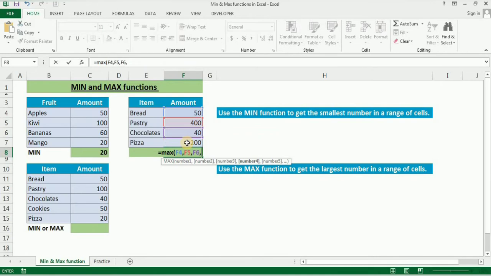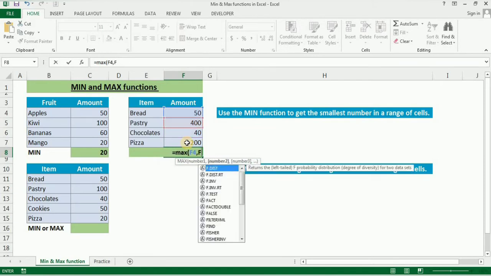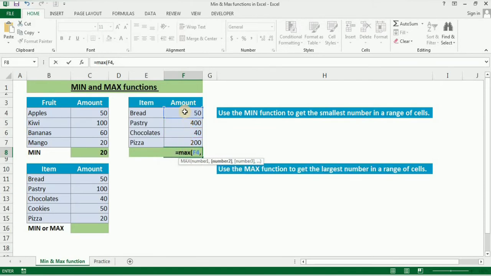But if we have numbers in different cells, then we can use them one by one. Suppose, for example, I'm selecting the first number, this one, and then this cell, and also from here, and then I bracket complete.